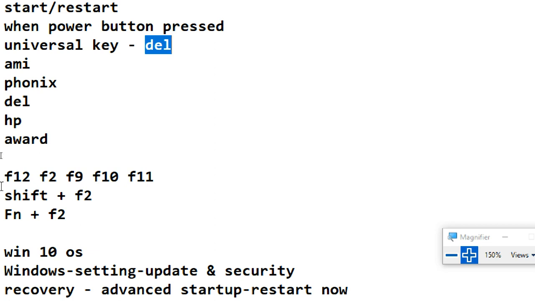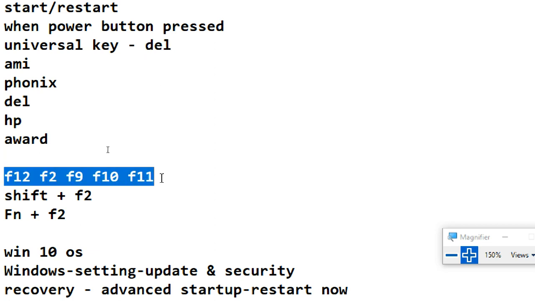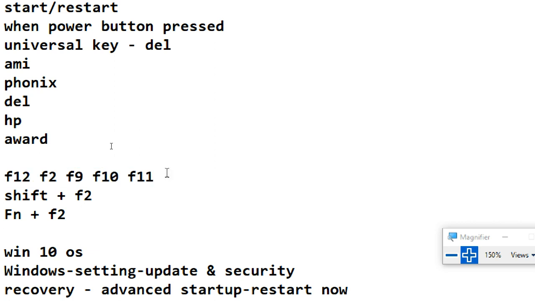So it is Del, or it can be any of your usual function keys generally. Escape is also possible, but mostly people rarely use it. You can press the escape button, or F2, F12, F10, F11.